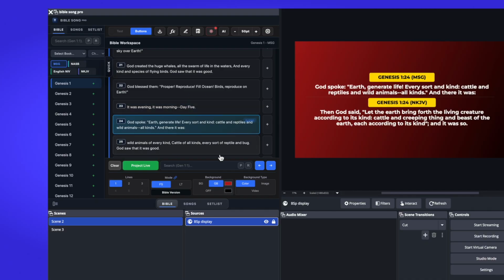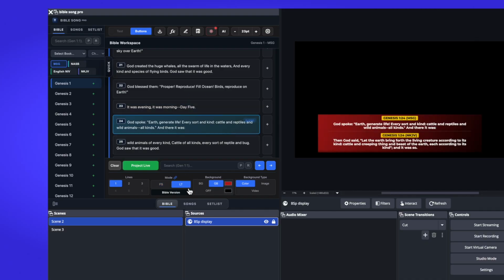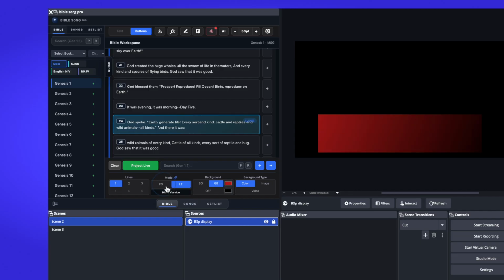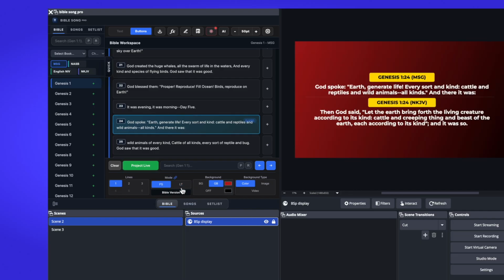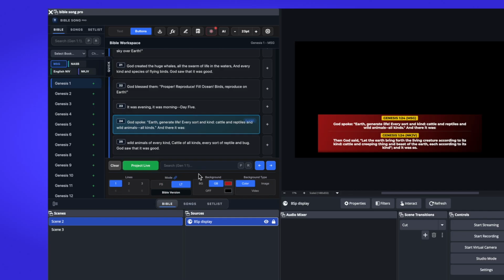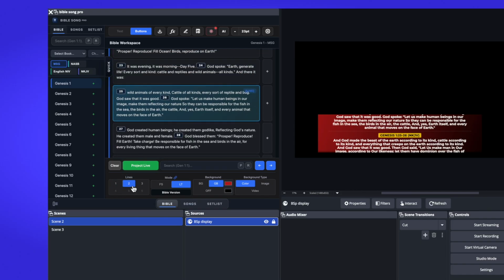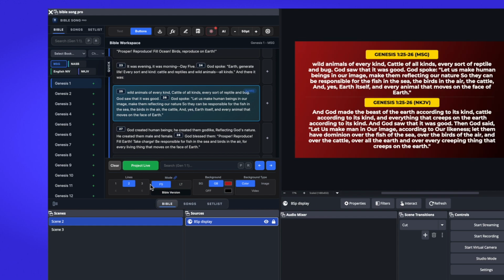You can switch from there to lower third as well. So you have something like this for your lower third, and then you have something like this for your full screen. And you can add double lines if you want to. You could see it's overflowing, so you are going to go to full screen, and you can